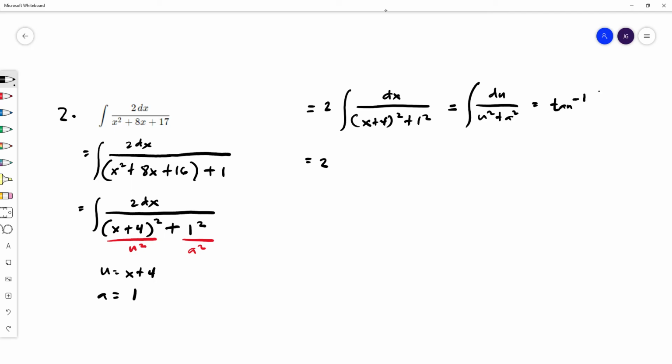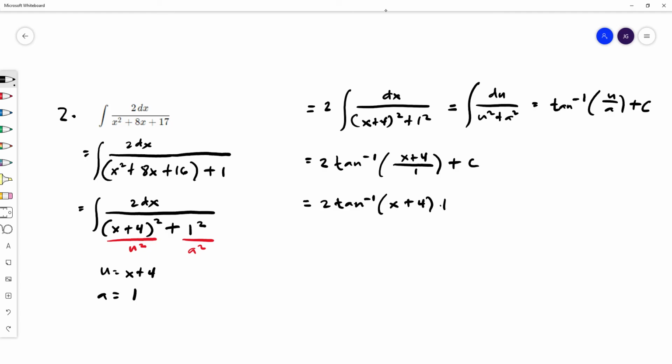That is arctan of u over a plus c. So our final answer would be 2 arctan of the equivalent of our u, that is x plus 4 over 1 plus c. And to finalize our answer, we need to eliminate the denominator 1. x plus 4 plus